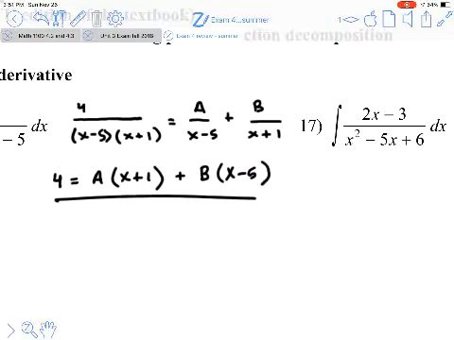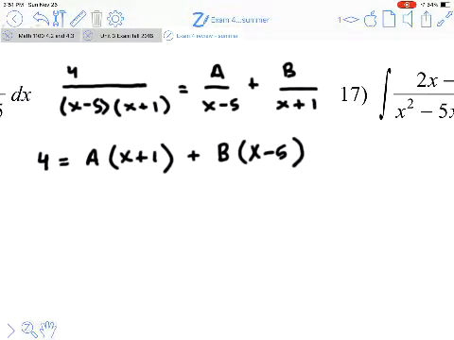Now, to solve this equation, remember we're not solving for x, we're solving for a and b, so it doesn't matter what x equals. The problem is we have one equation with two unknowns, a and b. So in order to solve this, we need to get rid of either a or b. So the way that we do that is we let x equal a certain value. For example, if we let x equal -1, and I plug that in right here, then -1 plus 1 is 0, and 0 times a is 0. So a disappears, letting us solve for b. So the equation would become b times -1 minus 5, that's -6. If we divide both sides by -6, we get b equals